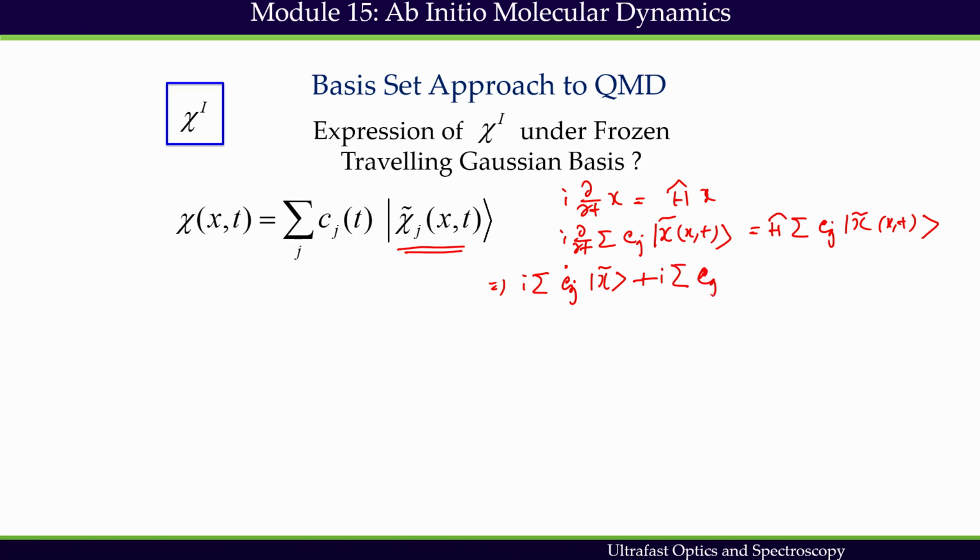This is going to be cj and the first derivative of this one, equals now the summation of cj then h then the nuclear basis set, this one,